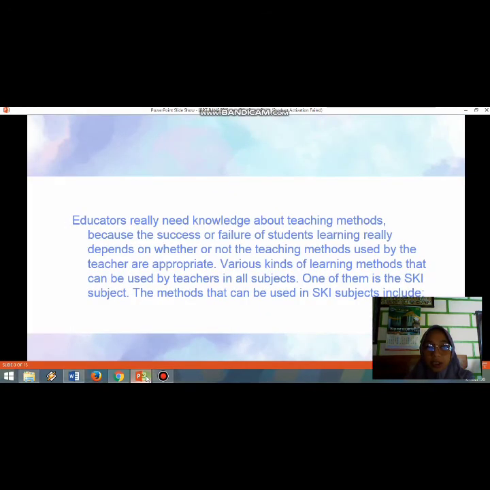Educators really need knowledge about teaching methods because the success or failure of student learning really depends on whether or not the teaching methods used by the teacher are appropriate. Various kinds of learning methods can be used by teachers in all subjects. One of them is the SKI subject. The methods that can be used in SKI subject include: the first is